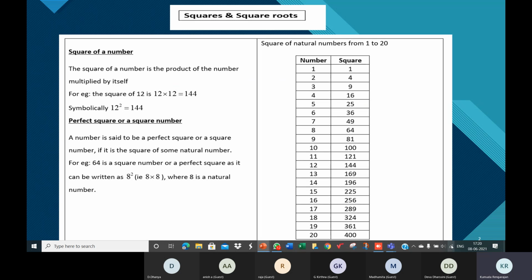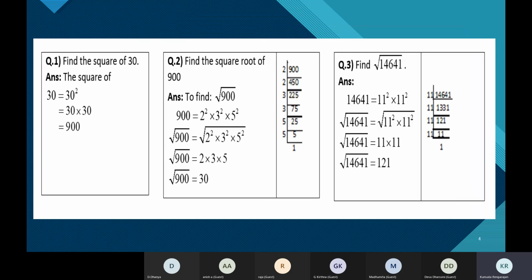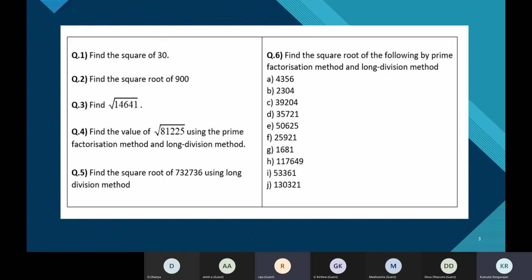Have you all completed the homework? Yes, ma'am. Am I audible, children? Yes, ma'am. I'll just show you the slide because I don't remember the homework I gave you. Is it this one, children? Was this the homework? Yes, ma'am. All right, from the beginning? No ma'am, I think we finished till the fifth one in the class. Only the sixth one was homework. Correct.